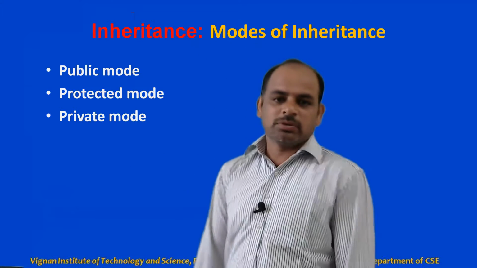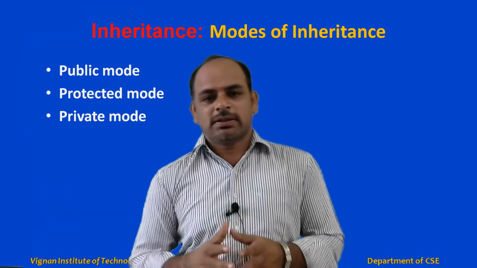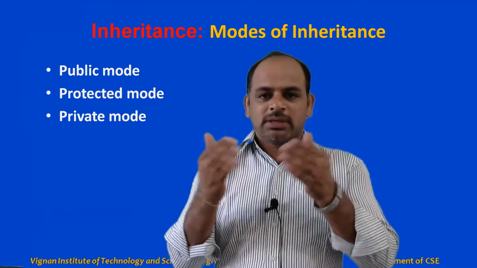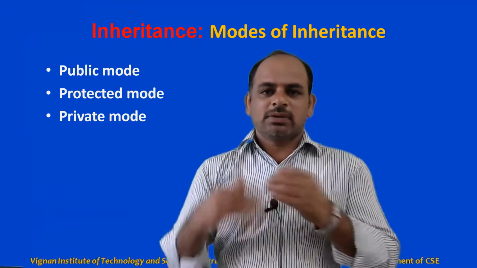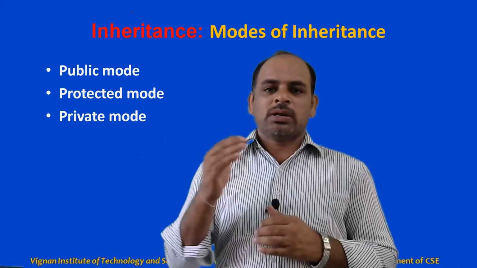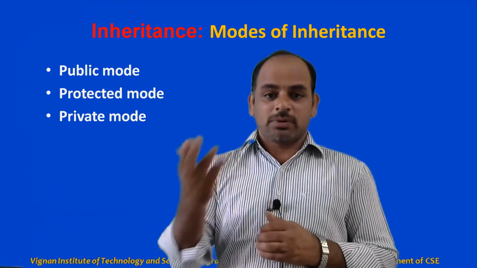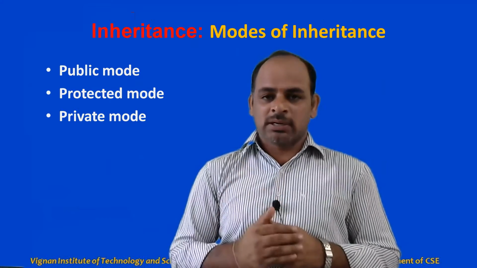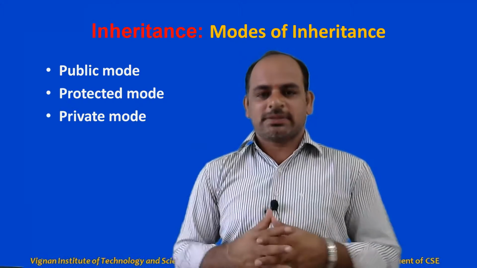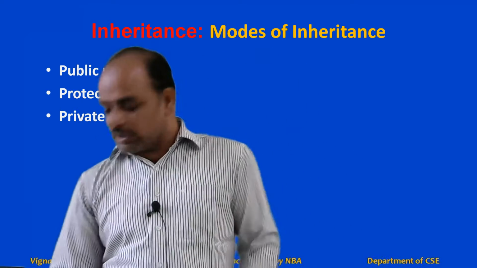So next, modes of inheritance. In the syntax of inheritance implementation, we have the access mode. Access mode means, when you are deriving a child class from the parent class, what are the various modes in which you can derive the child class from the parent class. You can derive the child class in public mode, in protected mode, or in private mode. So there are three modes of inheritance, because these are access specifiers which we have to use in place of access mode in inheritance.